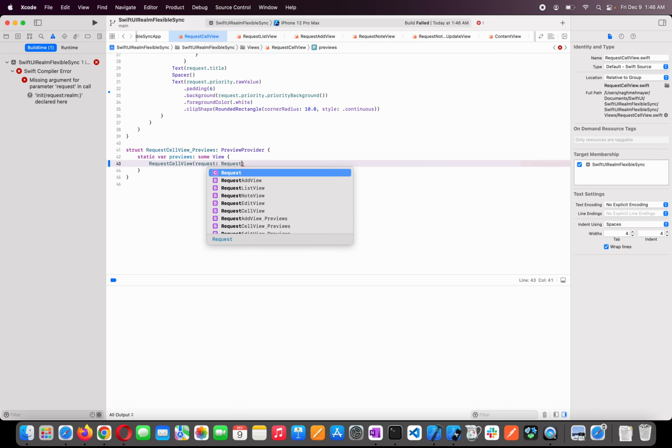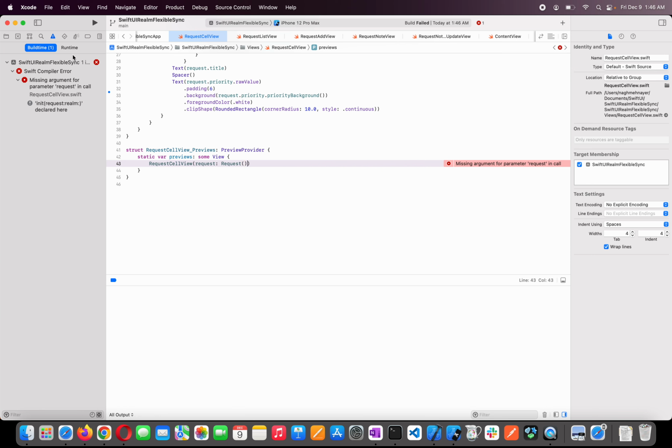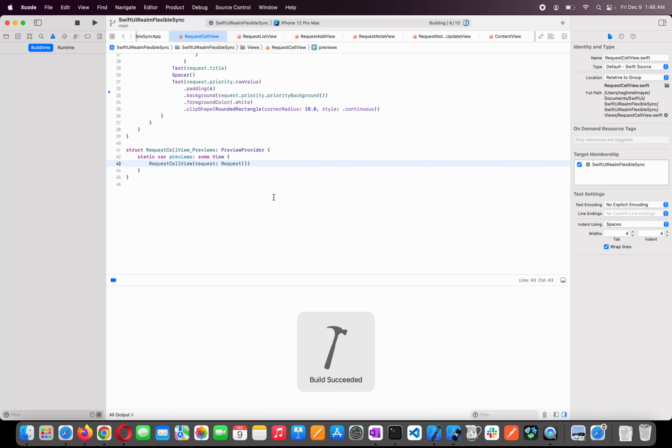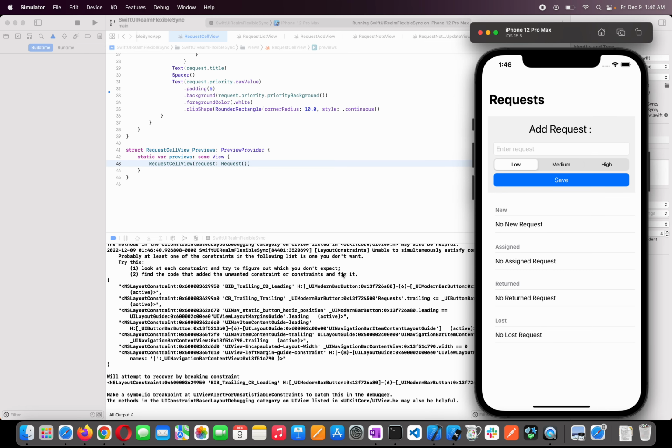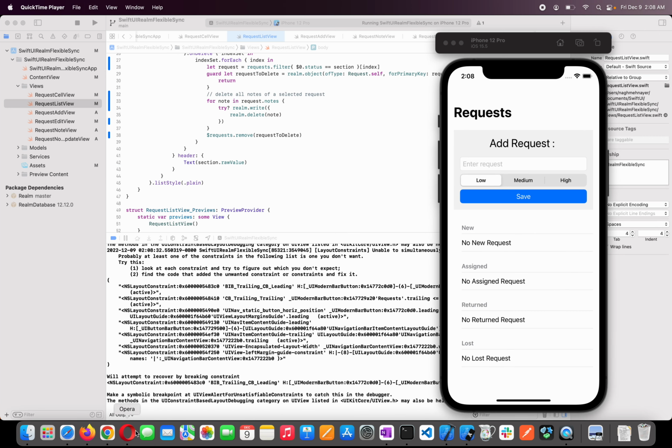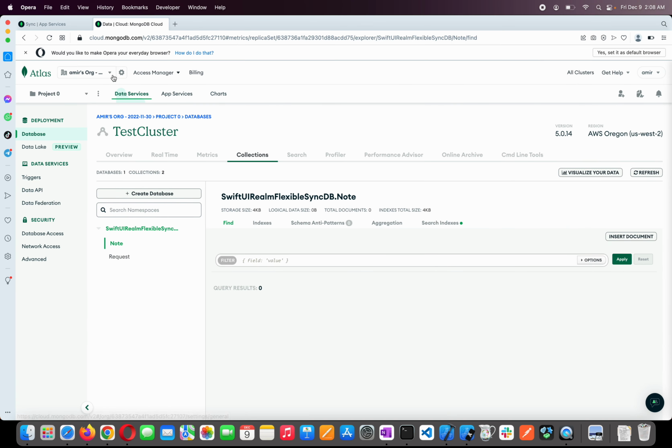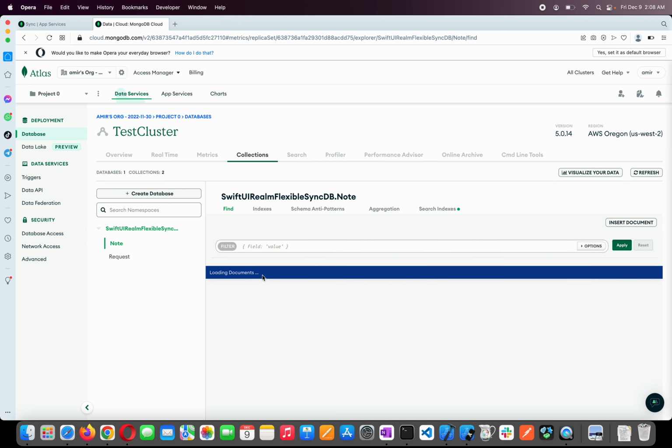So I'm gonna run it. It's gonna build it, yes, successfully. I'm really interested to see what I will have here in the console, and also how my app will be. So here in the console, yes, here we go. Cool, we've done it. Let's go to my App Services. Here in Data Services, in collections, if I browse, you will see now we have requests and notes added here